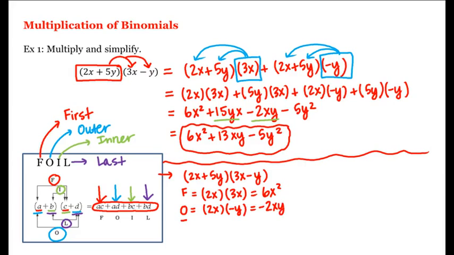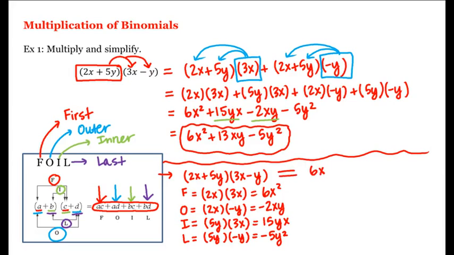And I is the product of the inner terms in the two binomials. So 5y and 3x, which is equal to 15yx. And L is the product of the last terms in the two binomials. So 5y times negative y, which is negative 5y squared. And therefore, this product is the sum of all of these. So it's 6x squared minus